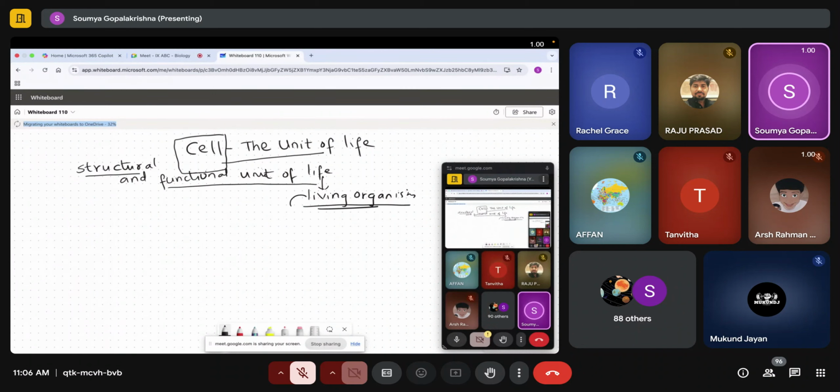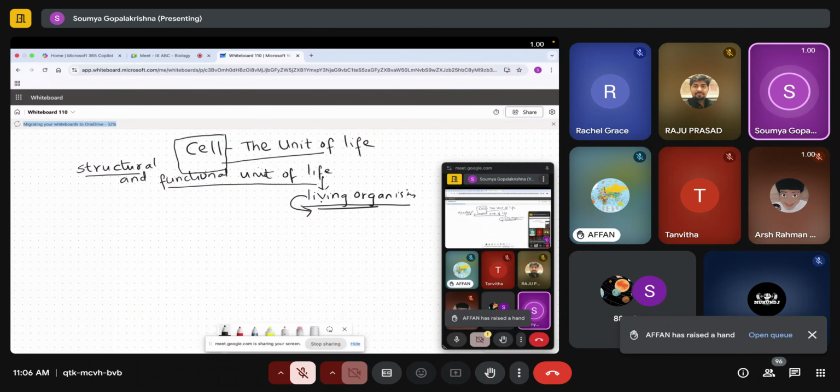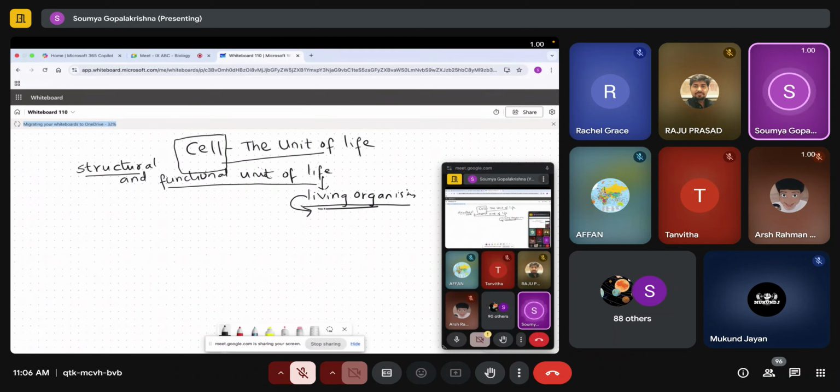Now, when do you call an object a living organism? For you to call something, children, if you're raising your hand, I will ask you because I'm not able to see when you're raising your hand when I'm teaching you. Orally, I will ask you, one of you can unmute yourselves and you can answer. Okay. Now, B section students, I know you have learned this. This is a repetition. So you can just listen.